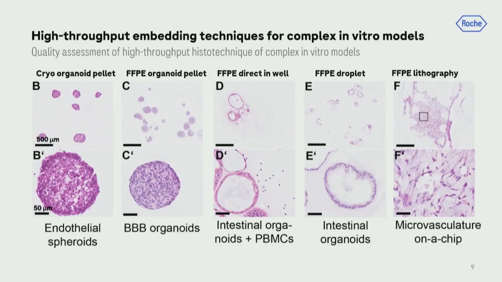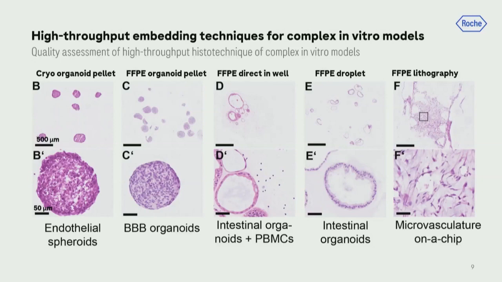When you have mobile cells co-cultured, you would also like to retain their spatial location. Here's one example of intestinal organoids in co-culture with PBMCs. You really see that those PBMCs are still in the same location as before. With the droplet embedding, you can really have a lot of organoids in one droplet in one slide. As you see, there are a lot of organoids here in one slide. And then, last but not least, the FFPE from the microvascular on a chip. You really see this one channel of a chip, and here you still have a nice morphology of the network